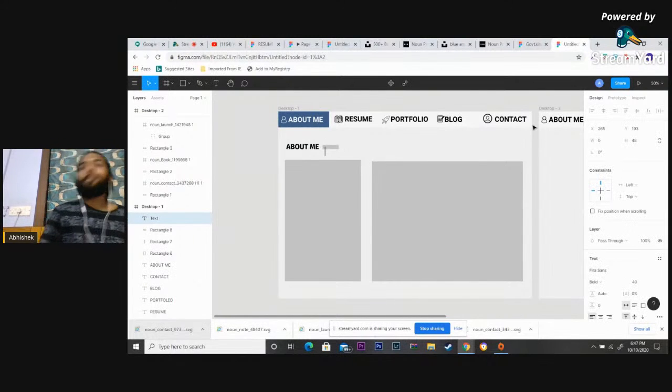Ubuntu font. Okay, maybe later on. And I want this to be into